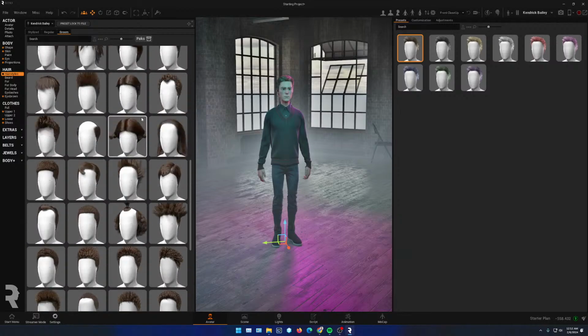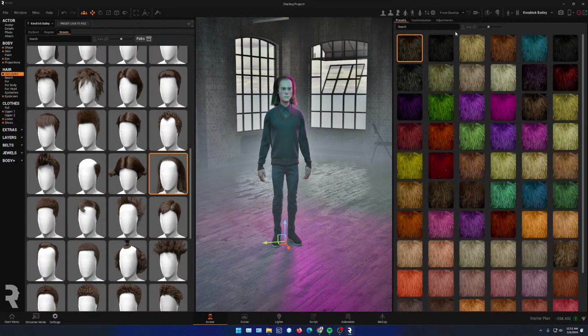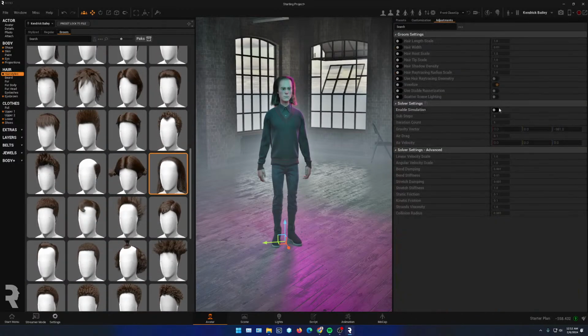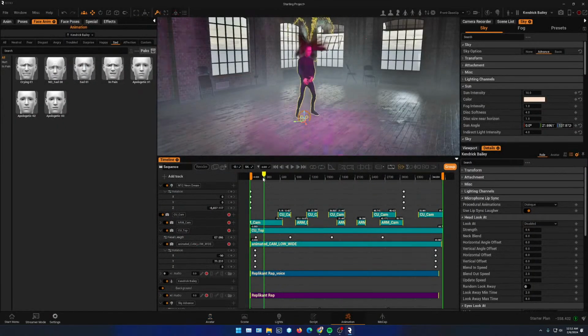Let's see what we have. This guy. Set that to the less gravity, the less pull it has, so the more the hair bounces. So if I look at that now, I would have